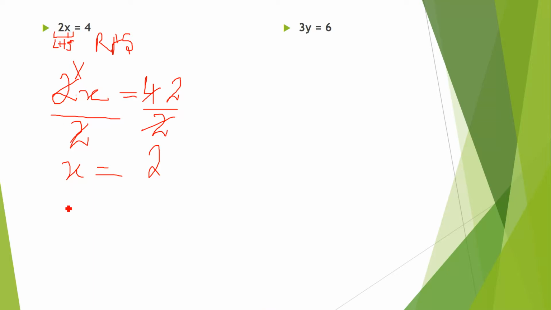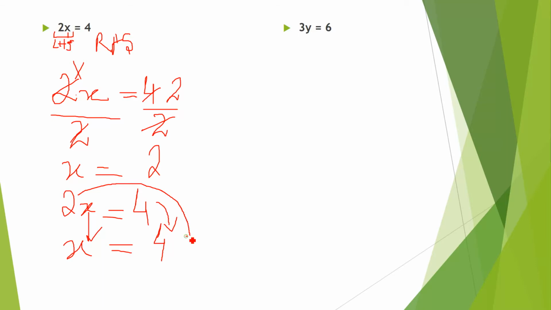Okay, one more way to do it. 2x is equal to 4. We will do it in one step. You want the value of x only, so write down x on the left hand side equal to 4. Whatever is on the right hand side, write down as it is. Now this 2 is remaining. We have to deal with this 2. And what is the relationship here? 2 and x, multiplication. So when 2 goes to the other side of the equation,